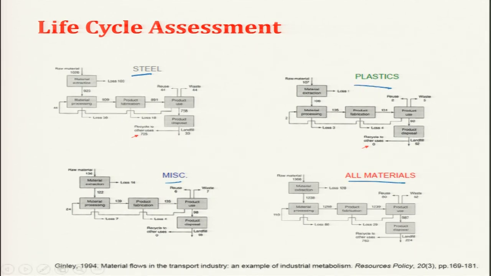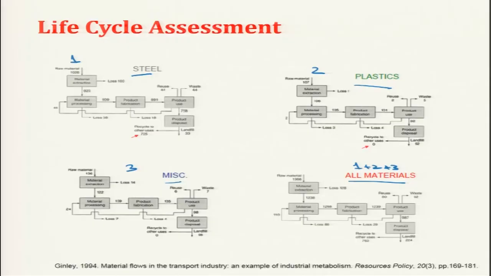Okay, this is actually for all materials, and if I put this as 1, 2 and 3, this is 1 plus 2 plus 3. All materials is like this. So, what is actually going on here? An automobile is dismantled. The specific materials, steel, plastics and other materials are taken separately. The total weight taken while manufacturing the automobile and the losses that happen are studied, and finally what is the weight that goes to the landfill is taken care of.